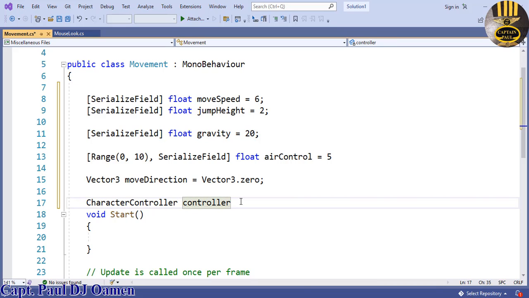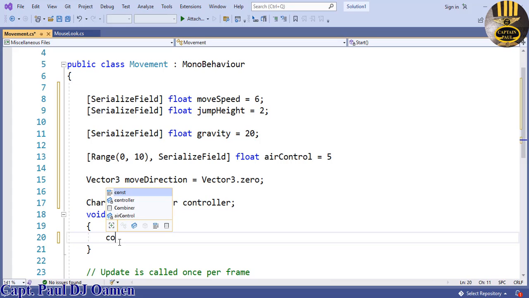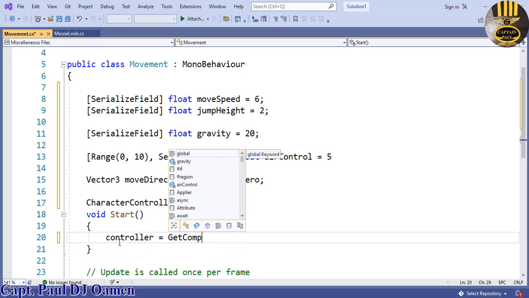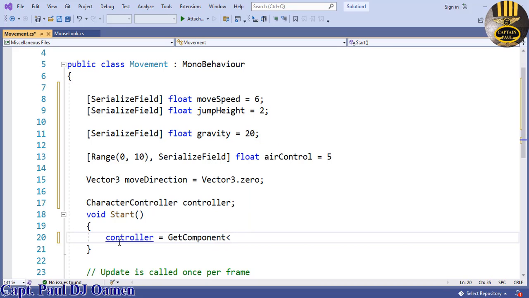There. And that is that. So we then come in here and say control, or controller, that will be equals get component, and that's going to be character controller, enter parenthesis there. Right,